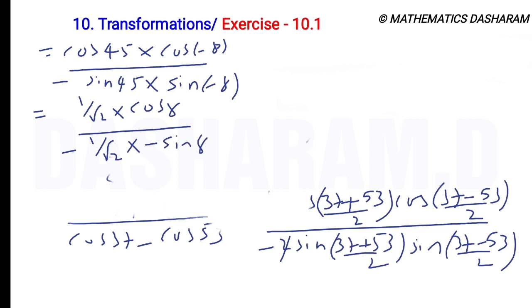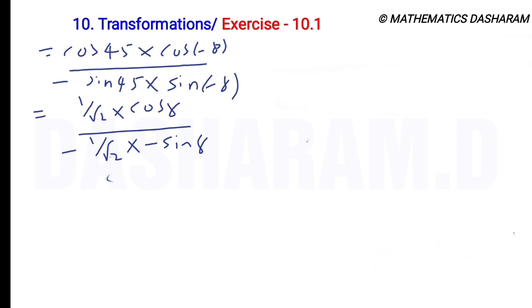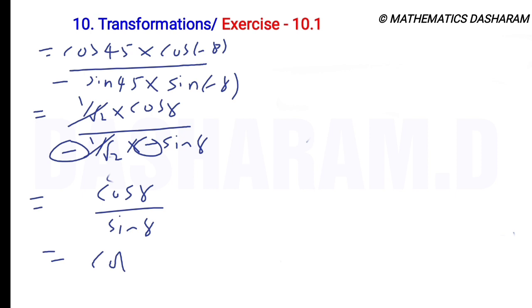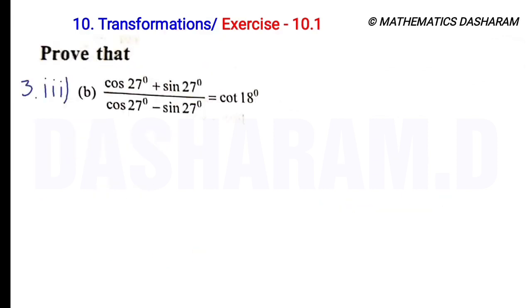So then it is equal to 1 by root 2 cancel, then cos 8 by here minus into minus plus sin 8. Cos 8 by sin 8 is cot 8 degrees. So it is equal to RHS. So hence proved. B question, cos 27 plus sin 27 divided by cos 27 minus sin 27 equals cot